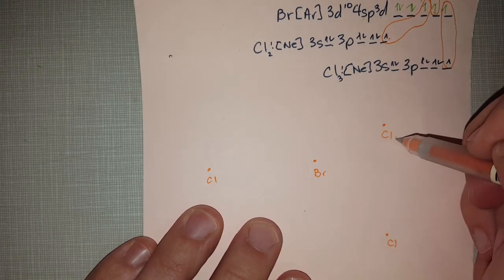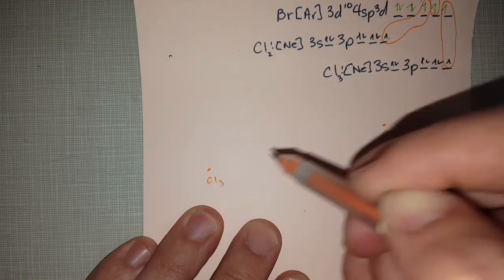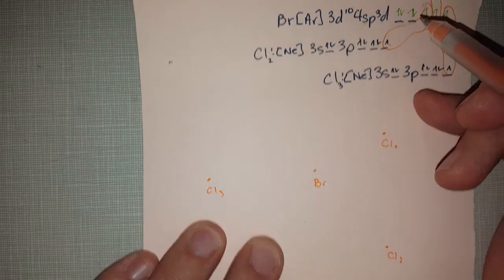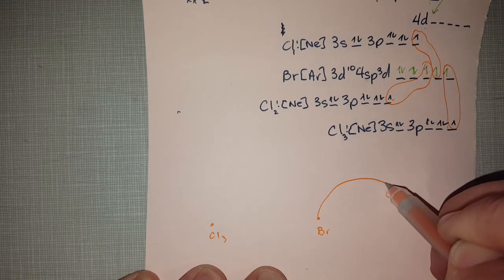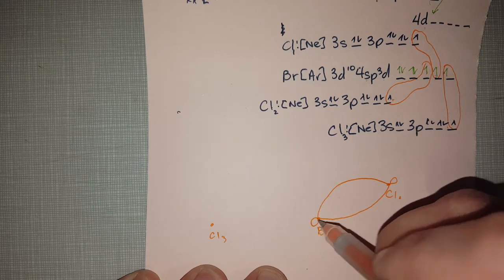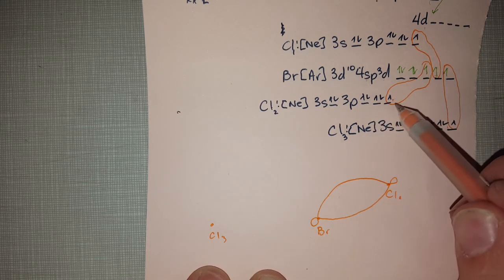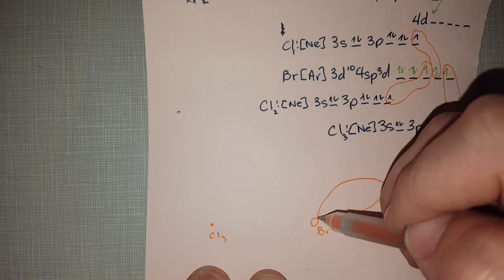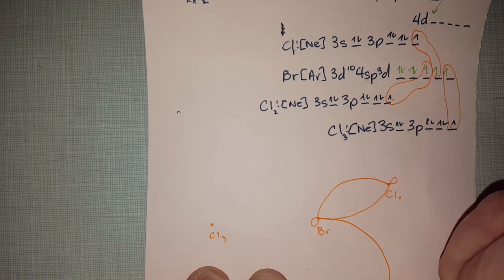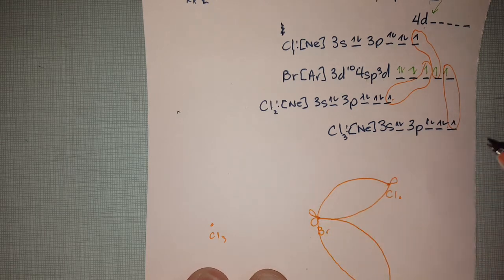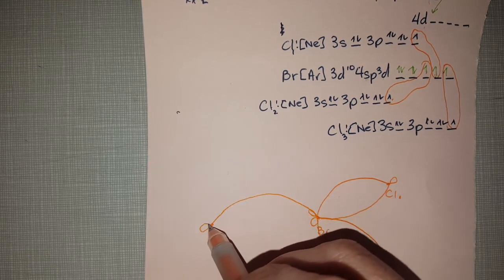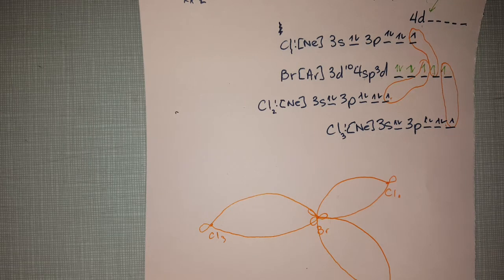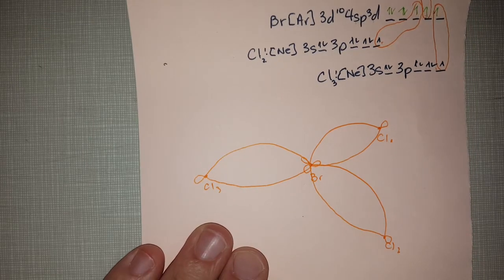And so now for my first chlorine and the bromine, it's an overlap of a p orbital with a hybrid, and we know that the overlap of a p orbital with a hybrid gives us the candy shape. And then my second chlorine is an overlap of a p orbital with a hybrid, so it will also give me the candy shape. And the third one is also an overlap of a p orbital with a hybrid, so that's also a candy shape. And so I have this as my